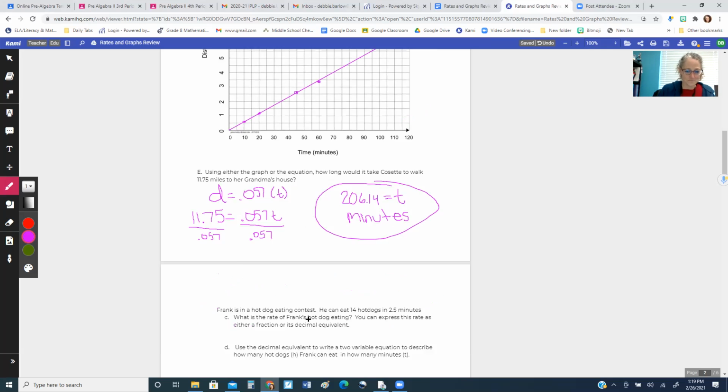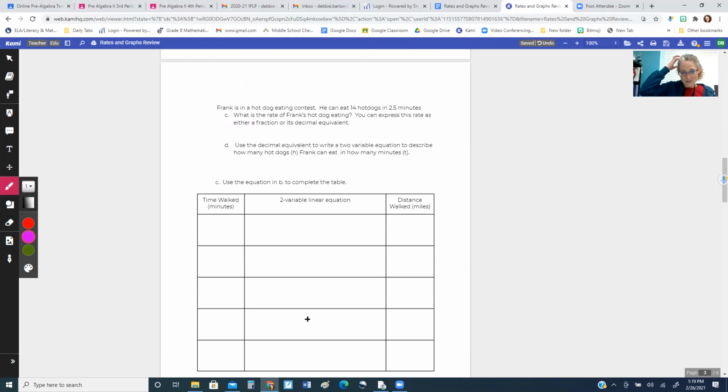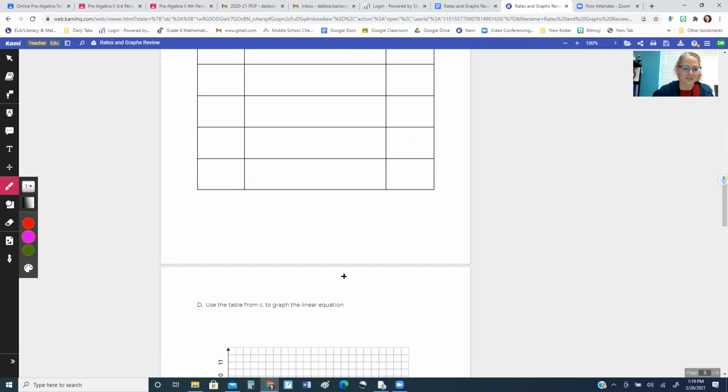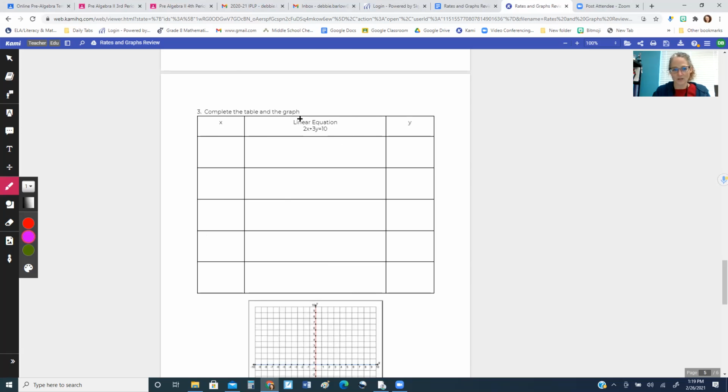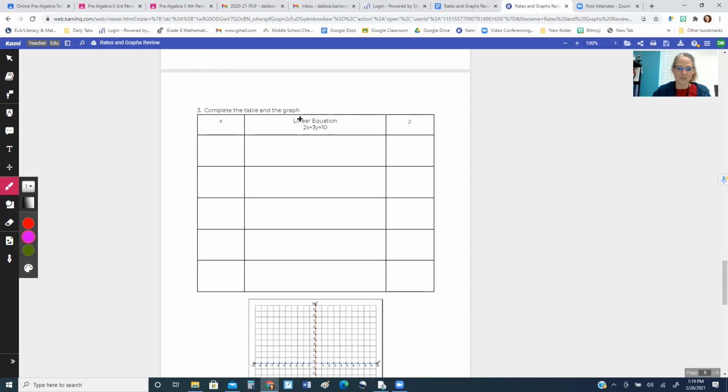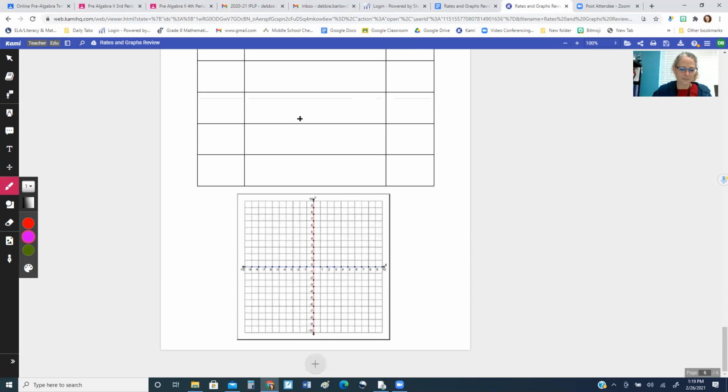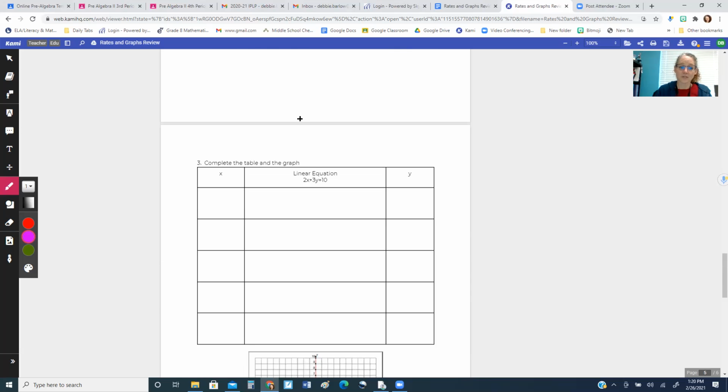But anyway, the second one is exactly like that, except Frank's in a hot dog eating contest, and we're pretending that Frank gets neither tired nor full. He does not vomit. Frank is a hot dog eating machine. Okay, so pretend Frank doesn't get full. And then down here, we're just going to have some linear equations that don't have rates going with them. And then we're just going to graph the linear equations. They're a little bit simpler. Okay. Not a lot to this,